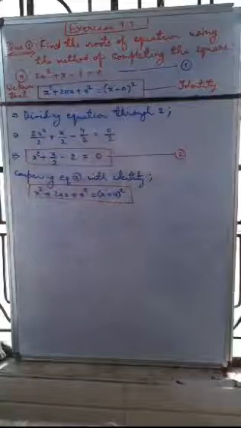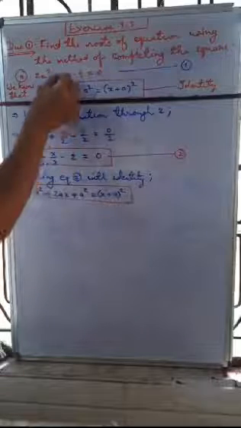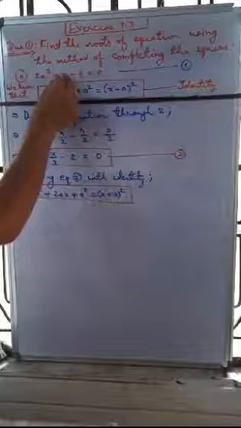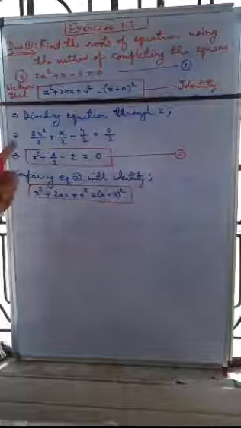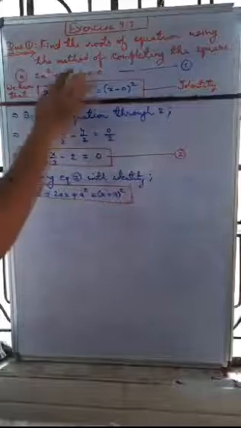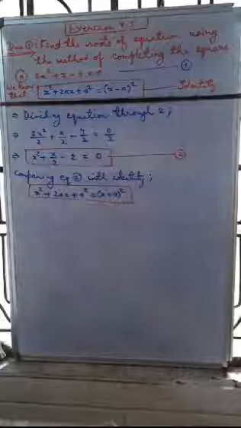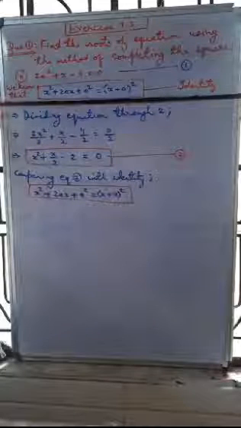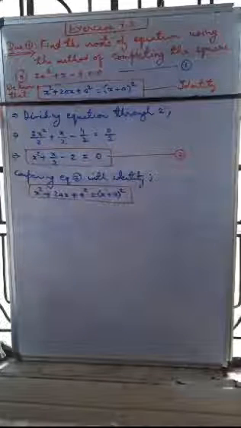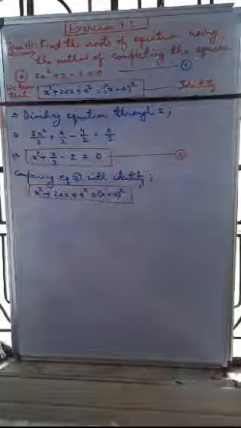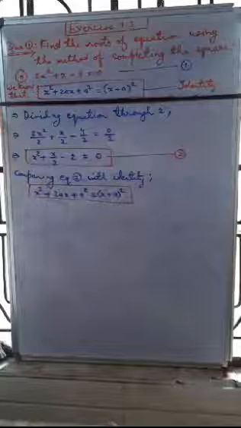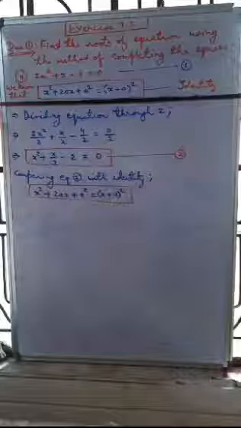is equal to 0. So we can't split the middle term here, 2x square plus x minus 4. If you try to solve by splitting the middle term, you can't find the roots of the given equation. So in that condition we can use two more methods. First, using the quadratic formula, or second, the completing the square method.